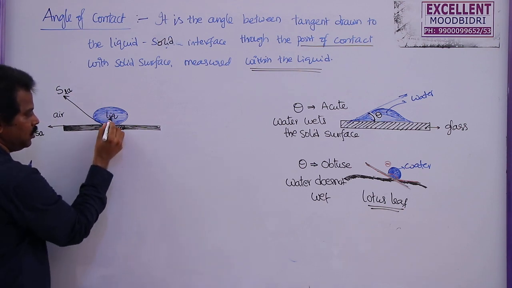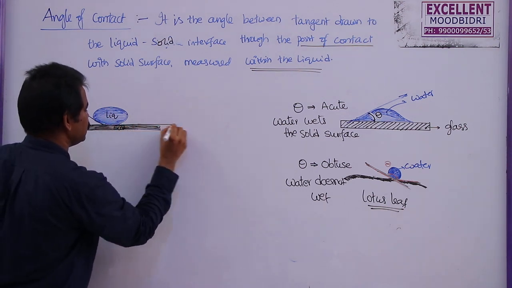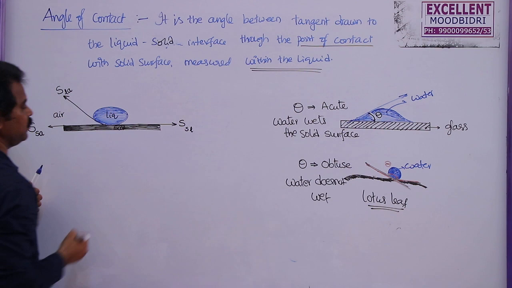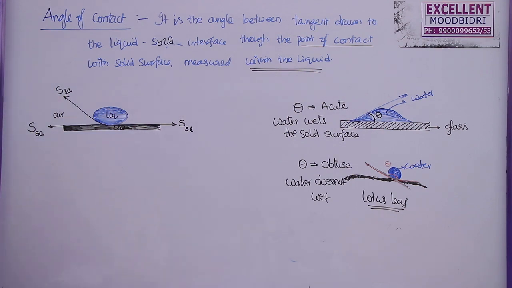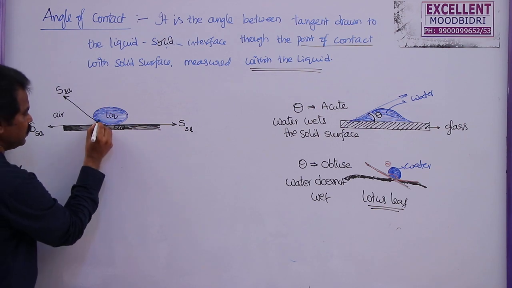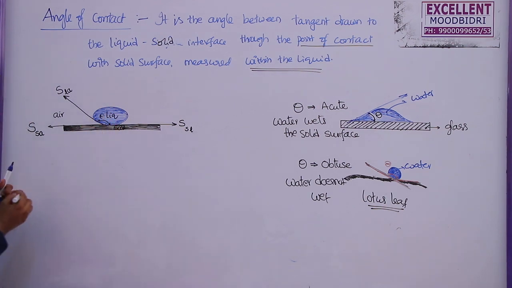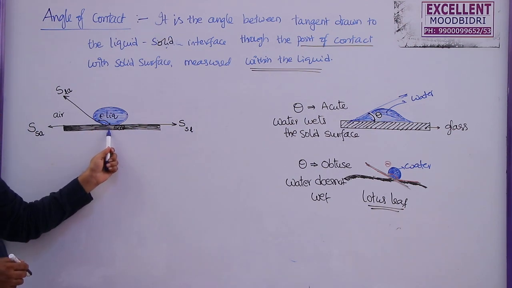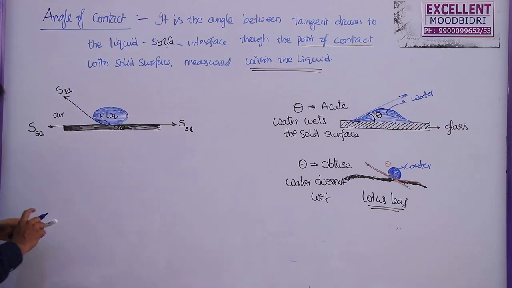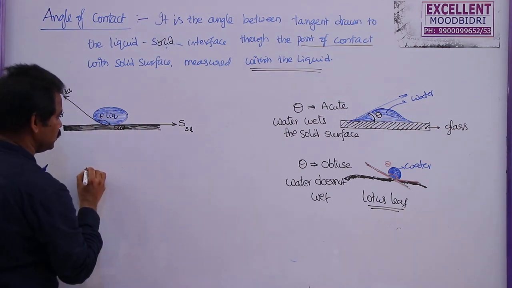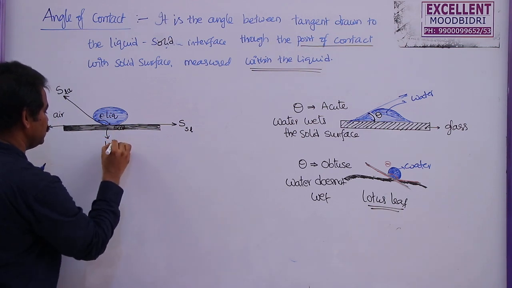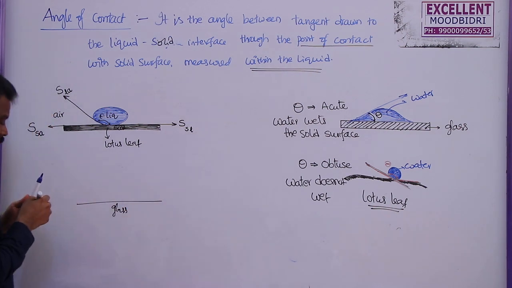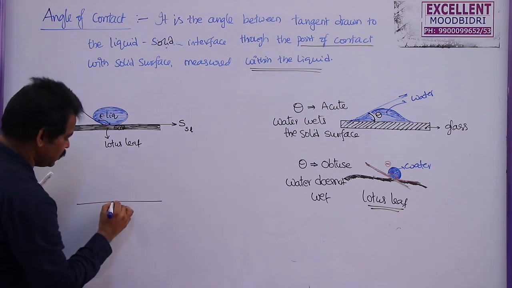And the third one here, solid and liquid. So the surface tension will act in this direction. This is the surface tension between solid and liquid. So these are the three different interfaces and three different surface tensions. And we know that this is the angle of contact. And this is in the case of this lotus leaf. Let us say this is a lotus leaf and this is water. Similarly, here I am taking this as a lotus leaf. Now, if you take this glass here, it is shown that it will try to spread on the surface.